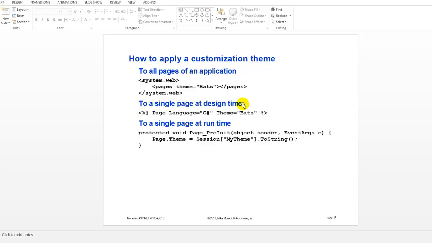To apply a theme to a single page at a time, if you don't want it to apply to all pages, you can do it to a single page at design time. You just use the theme attribute right here. You say theme equals bats, just like you would up here. To do a single page at runtime,